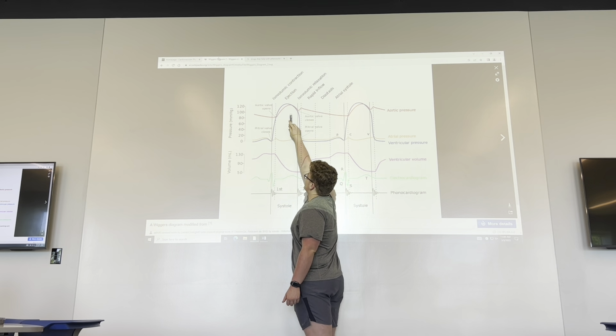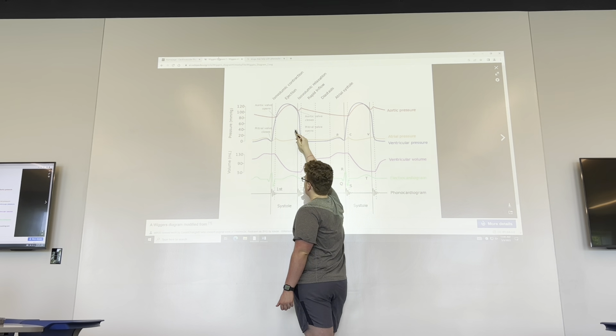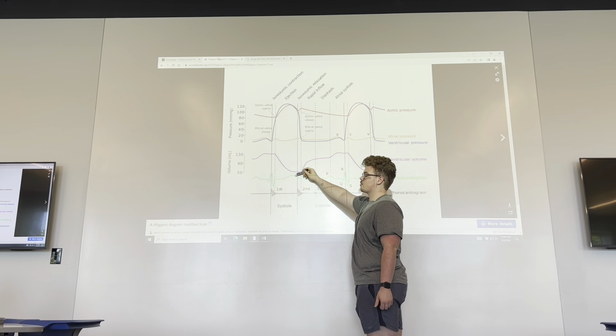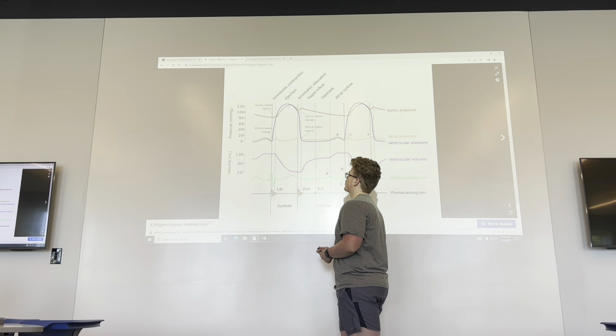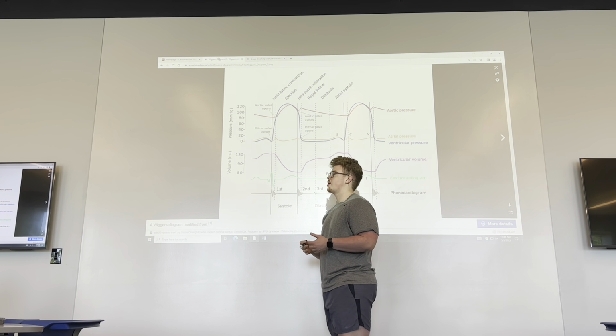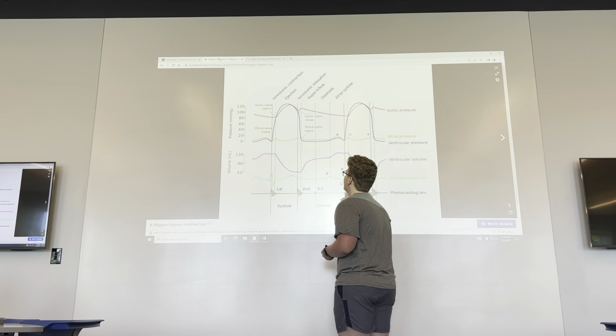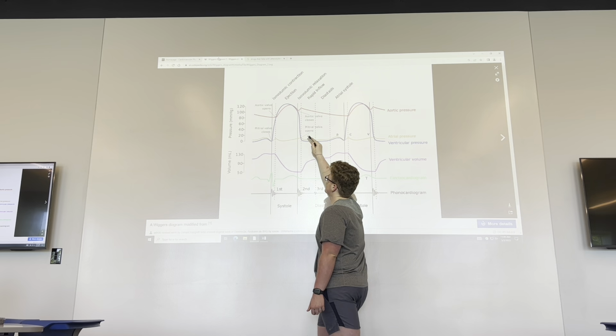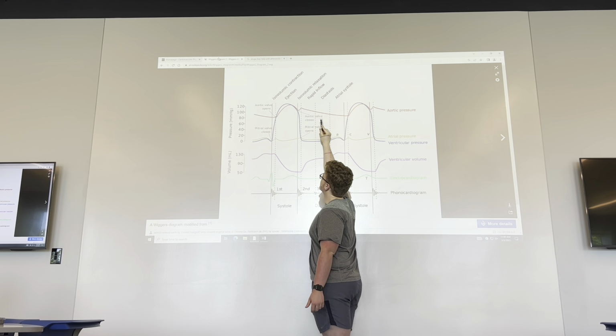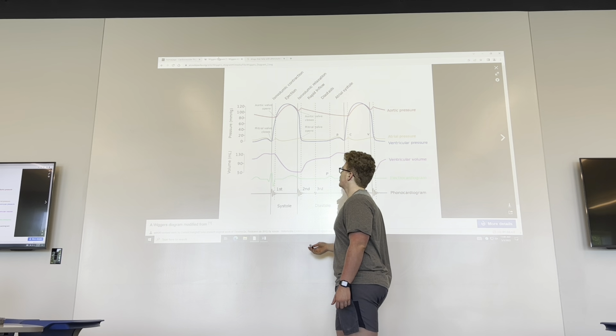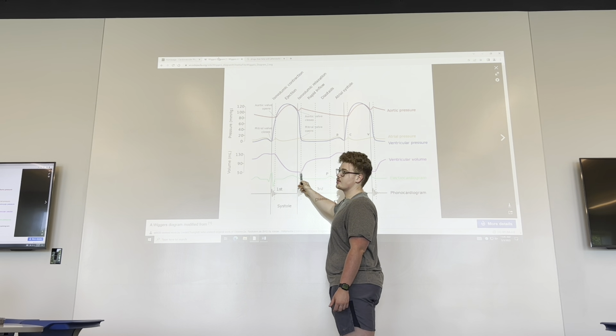This pressure is going to continue until it hits about a peak where we have ventricular repolarization. This is where the ventricle starts to relax. It's not pushing blood like it was. And so from that, we have the relaxation period. The pressure starts to decrease, the aortic valve closes, and then we have a stop in the loss of our